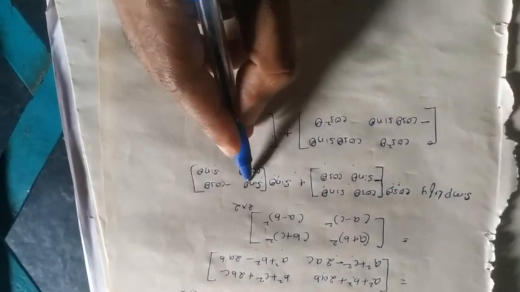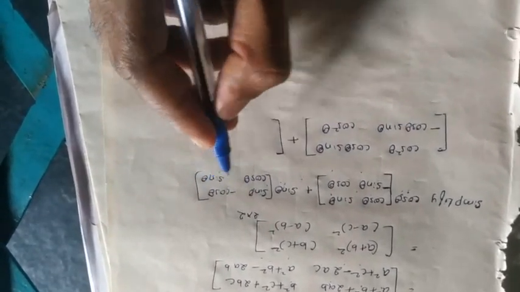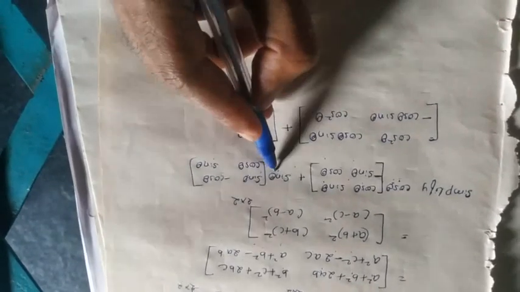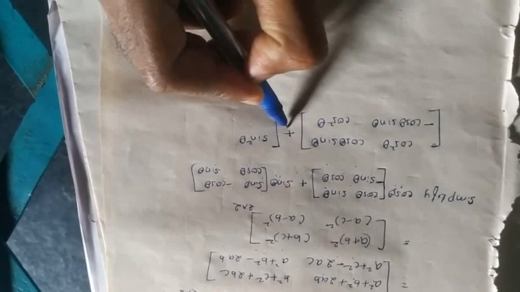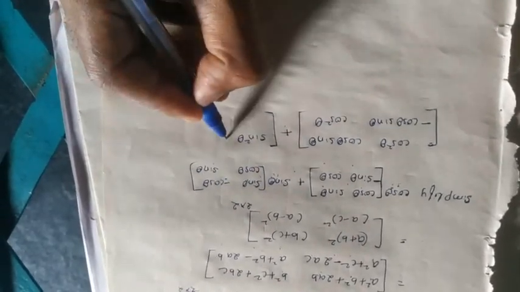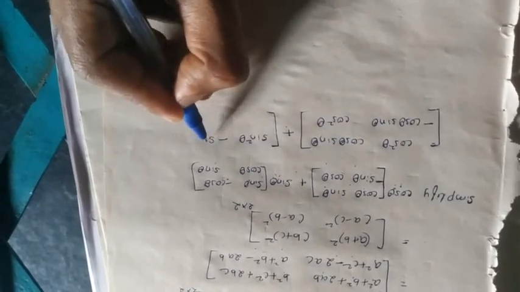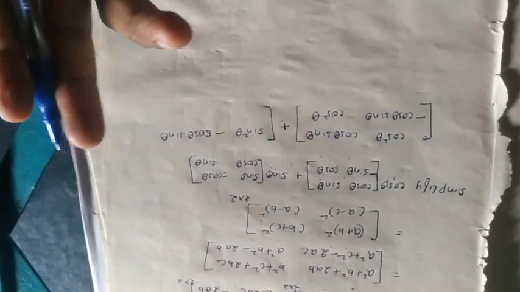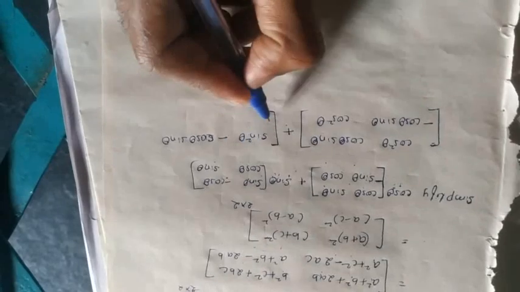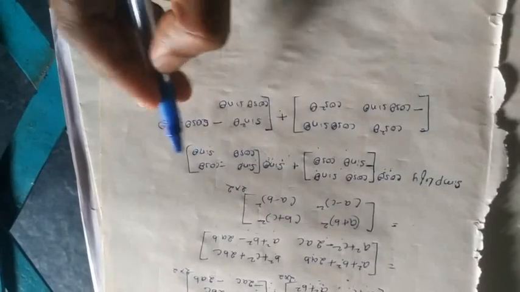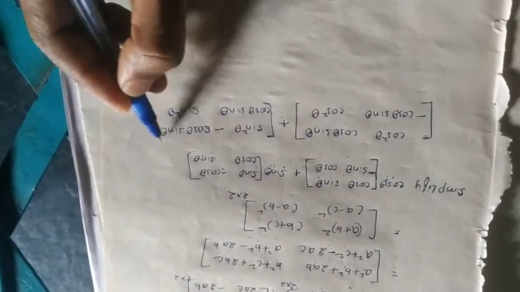Plus sine theta is going to be multiplied with each and every element of this given matrix. That is sine theta into sine theta, sine square theta. In between we have addition, so addition I kept as it is. Got it? So sine theta into minus of cos theta, that is plus into minus, minus, so I can write cos theta into sine theta, no problem. Multiplication, 2 into 3 is the same as 3 into 2. Sine theta into cos theta or cos theta into sine theta you can write. Then sine theta into sine theta is sine square theta.